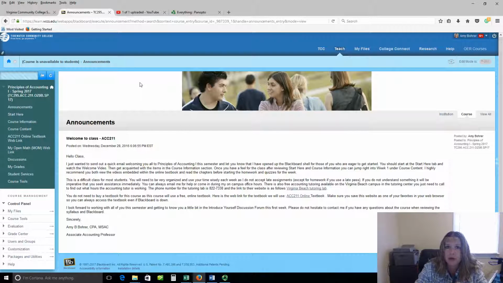You can always go to the computer labs and use their internet, but you have to make sure that you know the open hours for the computer lab, if you're planning on using that as your sole source of internet, so that you can make sure that you get all of your assignments completed on time. Not having access to the internet is not a valid excuse for not getting your work done. So make sure that you have backup options, just in case your internet goes down for whatever reason. You can go to the regular public library. They have access to internet, or any of the computer labs at any of the campuses at TCC.